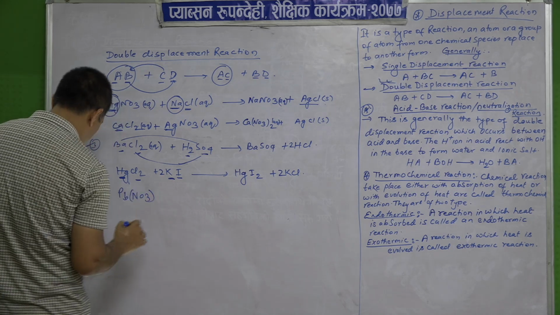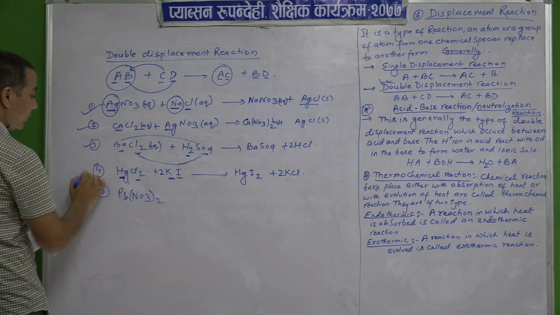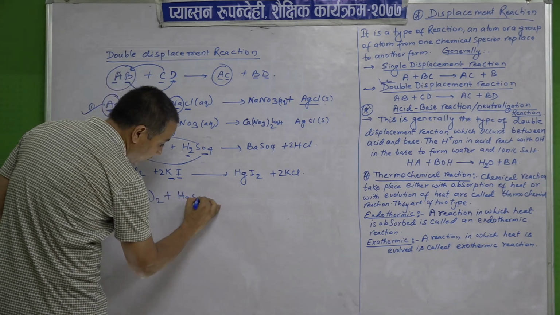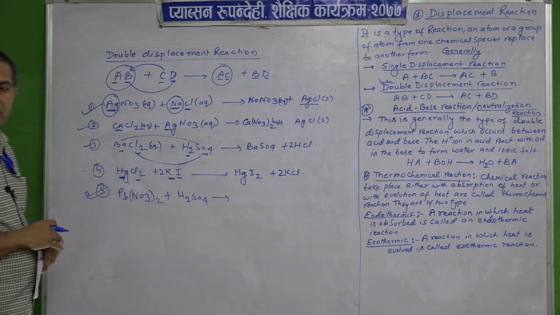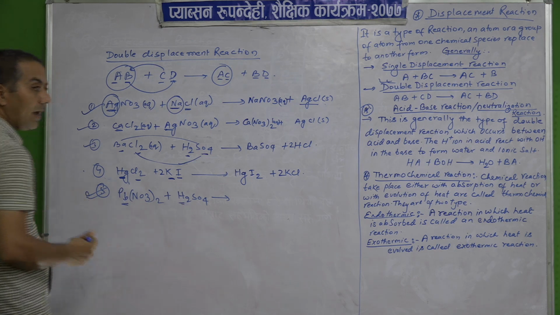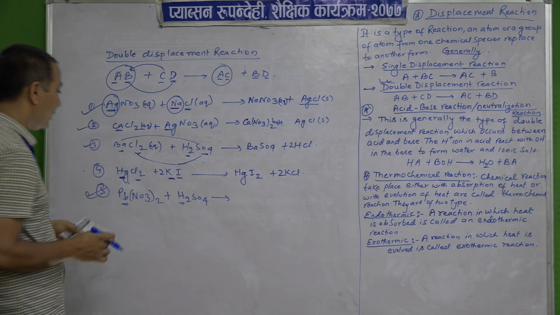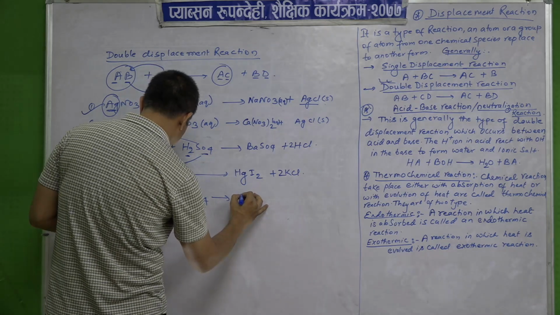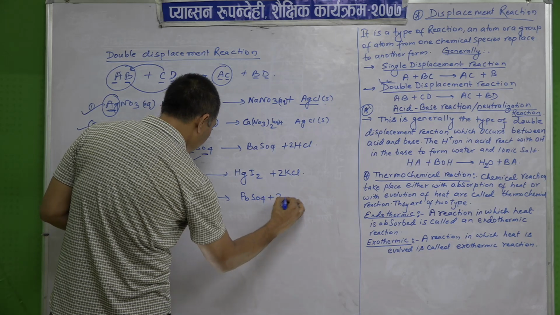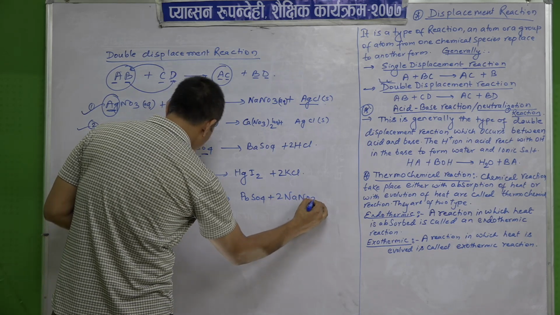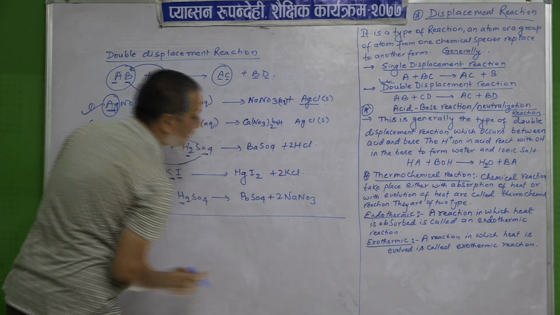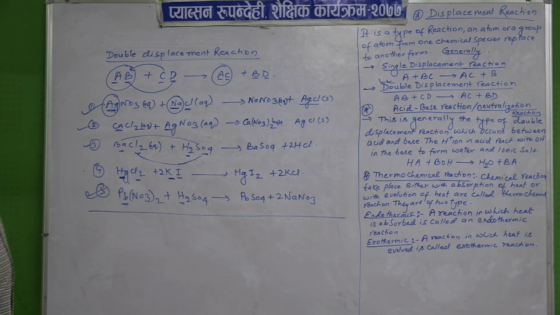Pb(NO3)2, okay, this is important. Pb(NO3)2 plus H2SO4. So, what happened? Pb will be replaced by hydrogen because Pb is less reactive. So, therefore, what happened? PbSO4 plus 2NaNO3. So, I think you understand about the double displacement reactions also, and